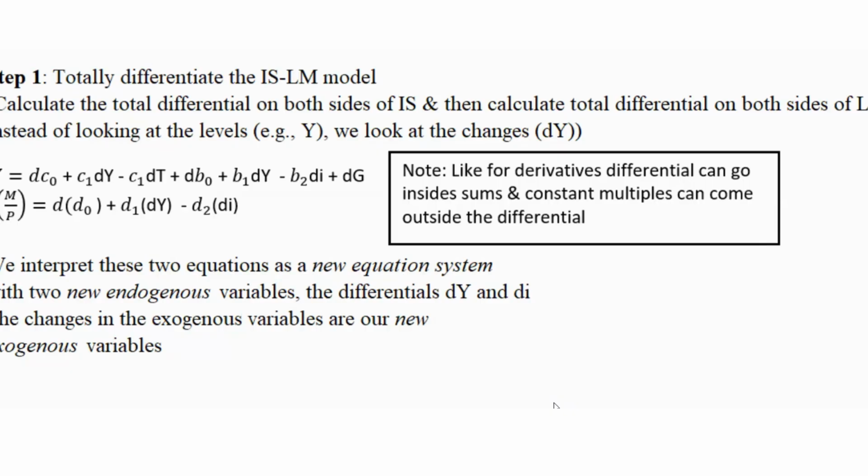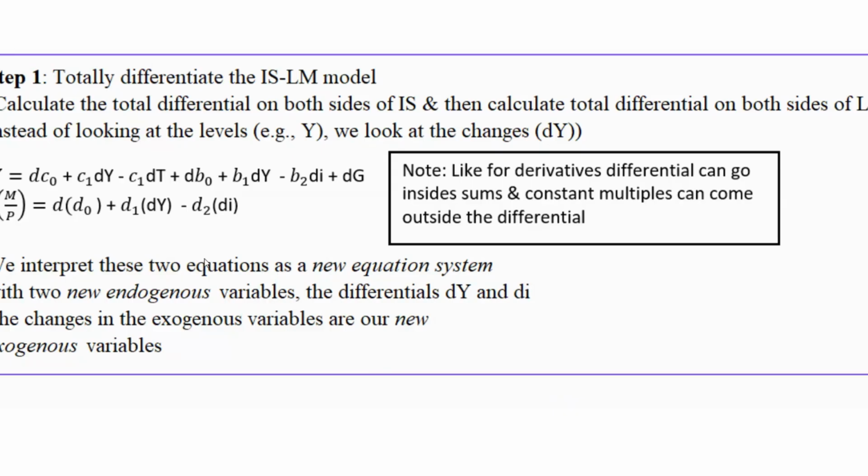For this, we said the first step is that you totally differentiate the ISLM model, where instead of looking at levels like y, you want to look at changes dy. So we totally differentiated the ISLM model, focusing on changes instead of levels, and this gave us a new equation system where we had two new endogenous variables. Initially, endogenous variables were I and y, but now it's their differentials. And similarly, we have new exogenous variables, which are the differentials of our